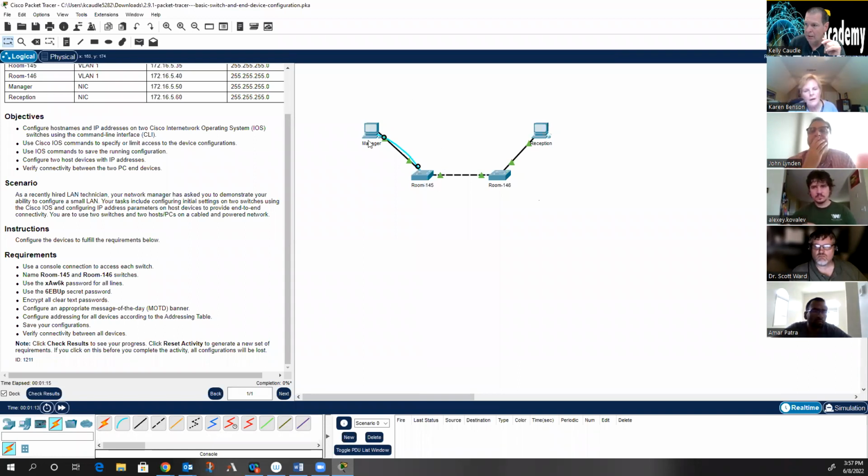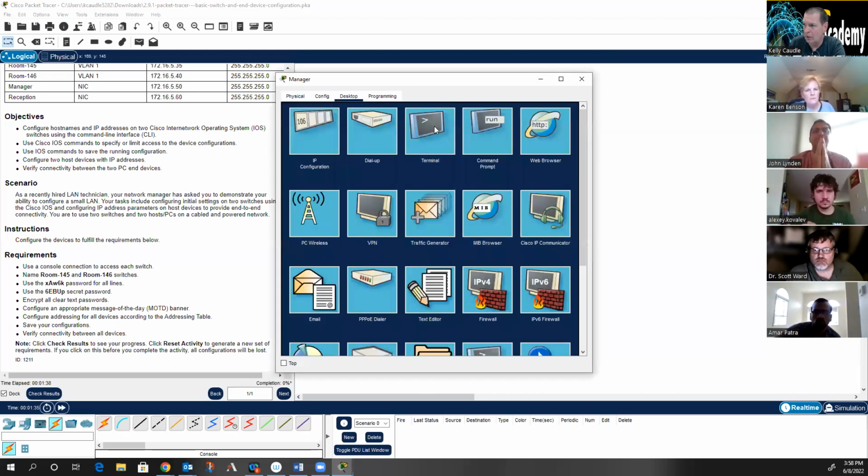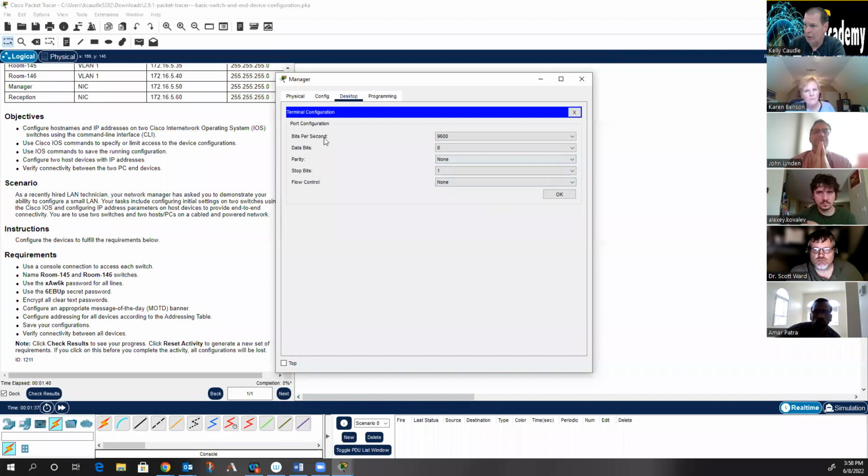Now, once you do all that, I opened it one time and it actually had the rack and a table. That was the very first lab. See, every one of these is different because when you open it, it's built just for the lab that you're doing in Packet Tracer. So every single Packet Tracer you open may look different. But if I click here and I go to desktop and I go to terminal,